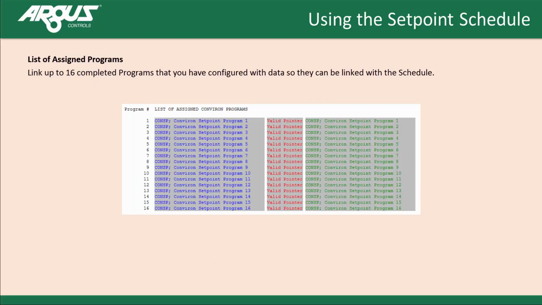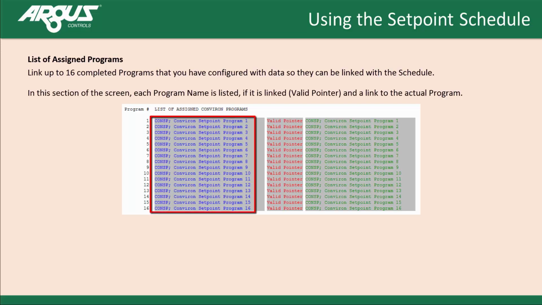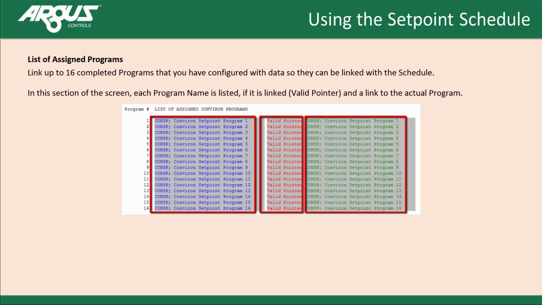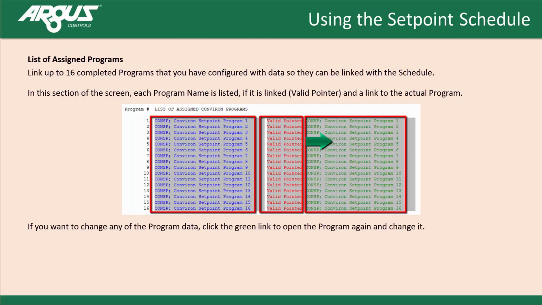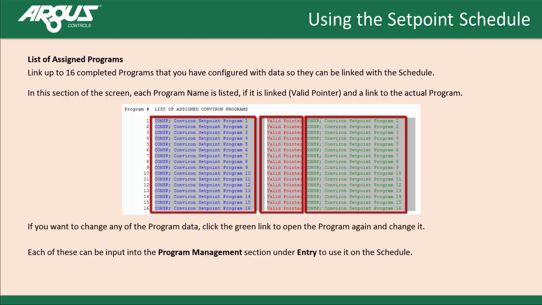List of assigned programs. Link up to 16 completed programs that you have configured with data so they can be linked with the scheduler. In this section of the screen, each program name is listed. If it's linked, there is a valid pointer and a link to the actual program. If you want to change any of the program data, click the green link to open the program again and change it. Each of these can be input into the Program Management section under Entry to use it on the